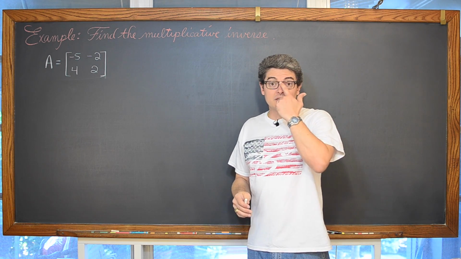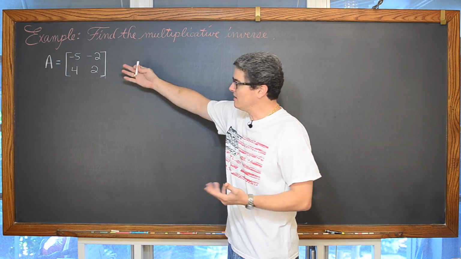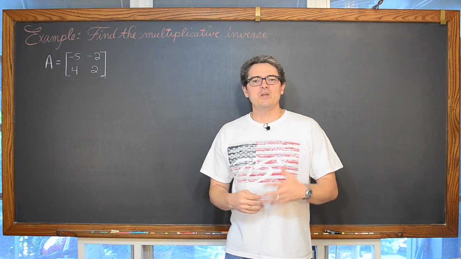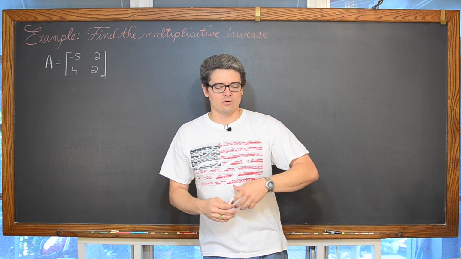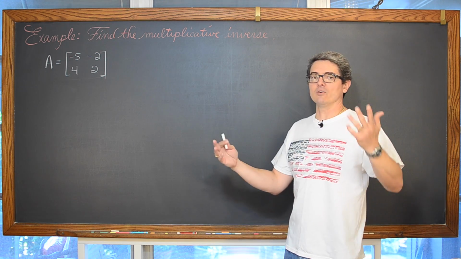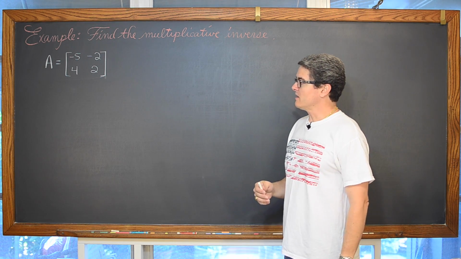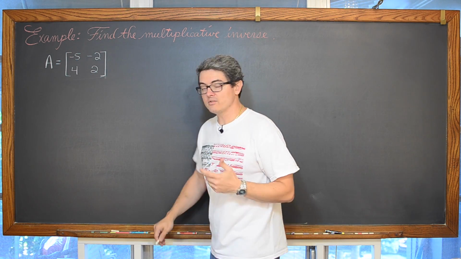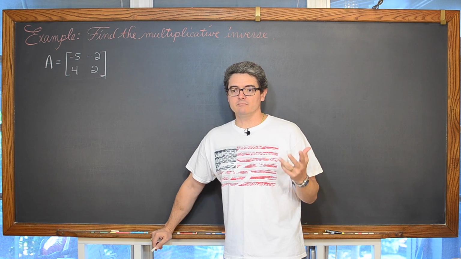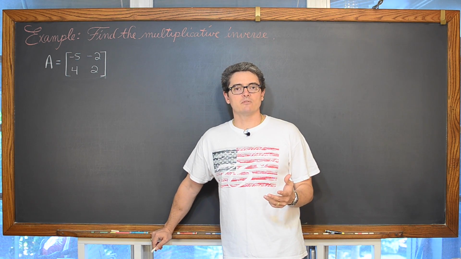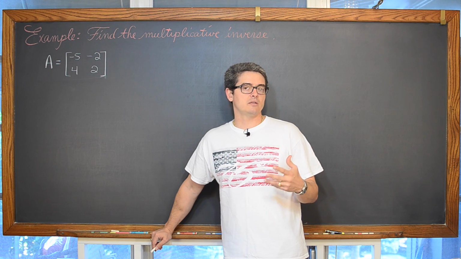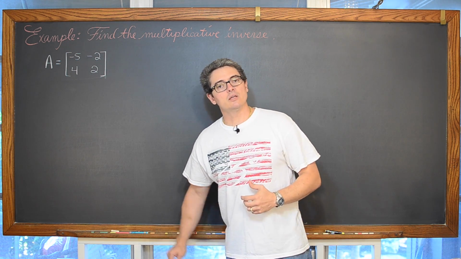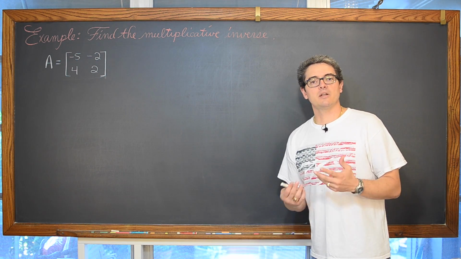And that formula that I'm going to show you for finding the inverse of a 2 by 2 matrix is fantastic if you remember it. So if it's weeks down the road in your class, or another class, or a final exam, and you get to a question like this and you don't remember the formula, what are you going to do? You're going to remember that in basic arithmetic, when you multiply inverses, you get 1, the identity for multiplication. And with matrices, that means you get the equivalent idea of an identity matrix.